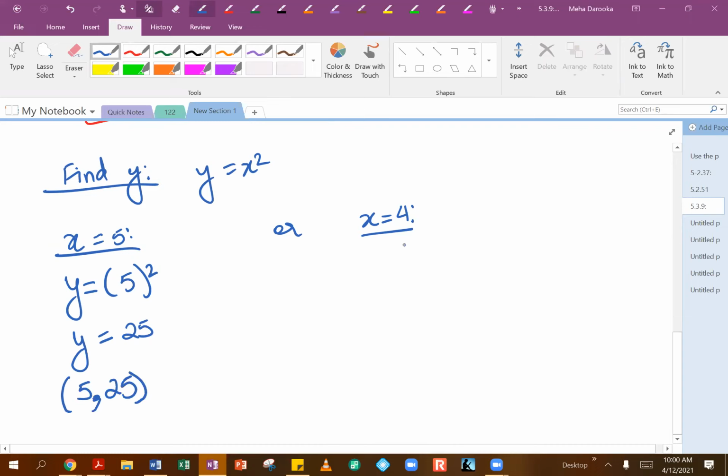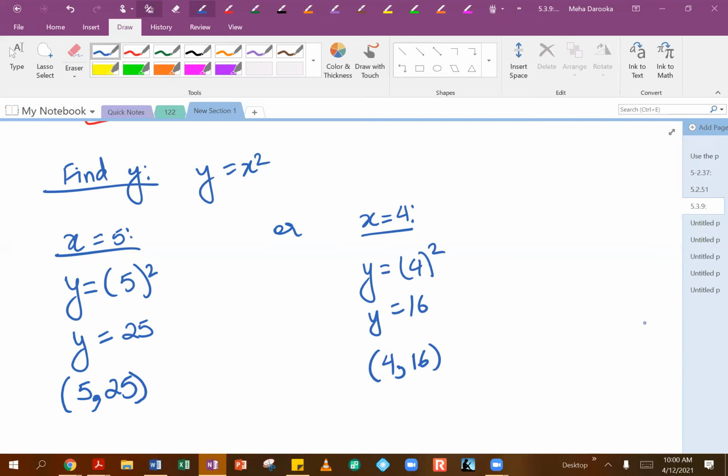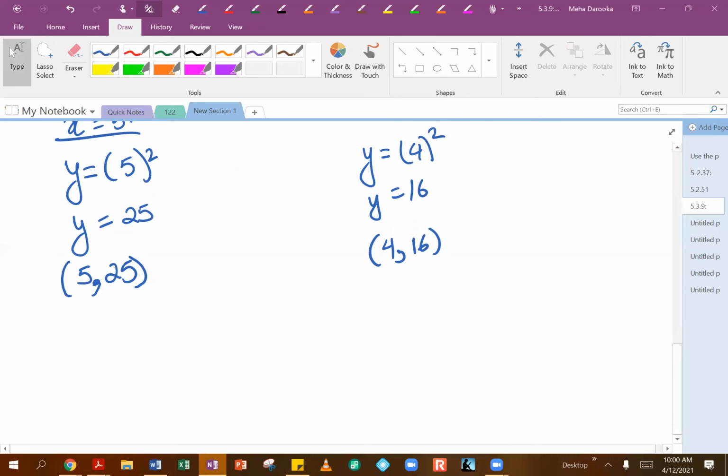And then on the other side for x equals 4, what do we get for that? Yeah, very nice. Exactly. We will end up getting 4 squared, which of course will be 16. So that ordered pair is going to be 4 and 16. So these are actually part of your solution set where the two equations will be intersecting. So we will have 5 and 25